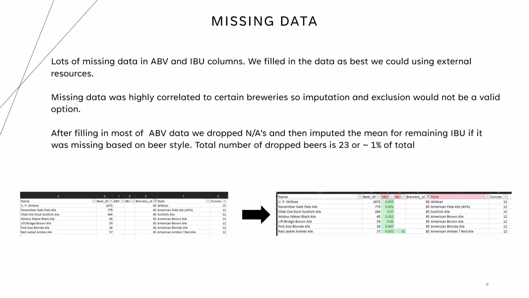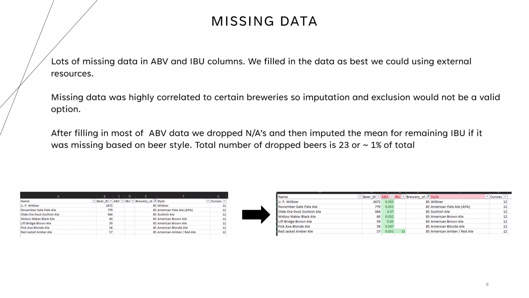You can see here we filled in the ABV and IBU data, and if we were missing any ABV data, we decided to drop that from the data set, mainly because the data was either for charity events or special releases and seemed kind of out of the norm, and we didn't want to include it or try to impute it. For the missing IBU values, we did decide to impute those based on mean, just so we had a value there, and we imputed them based on style, which seemed like a good way to categorize the different beers, or the IBUs.